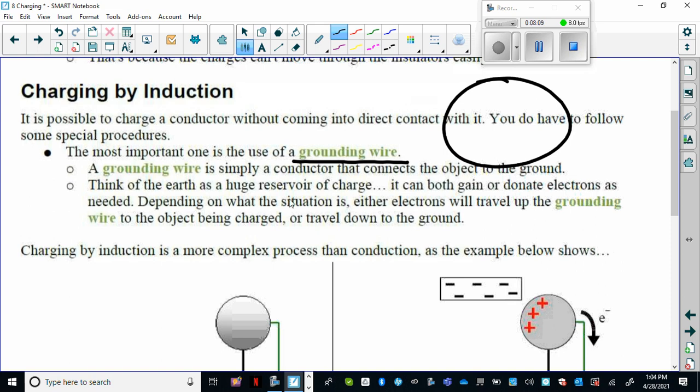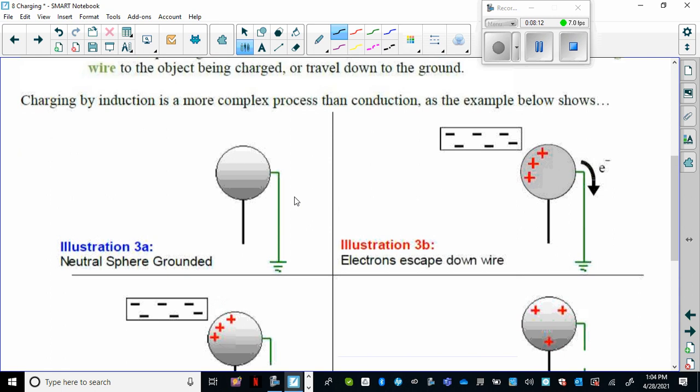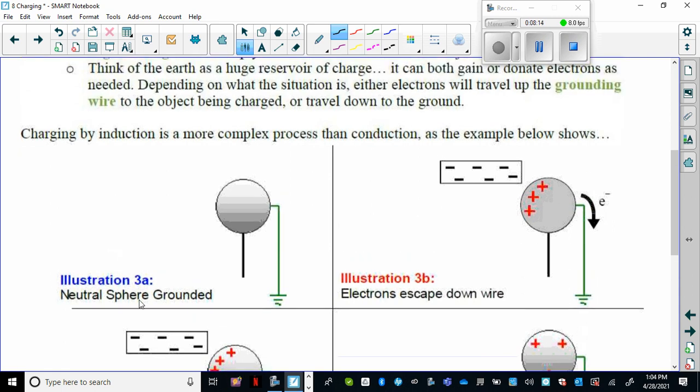So here's what we're going to do to charge an object by induction. First of all, we're going to start with a neutral grounded sphere, and this symbol here represents that it's grounded. Then we bring a negatively charged rod next to this sphere, and what's going to happen? Separation of charge. However, because this object is grounded, the electrons, in blue, are going to be repelled by this section here, so they're all going to go to the opposite side